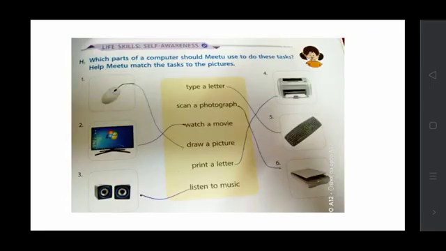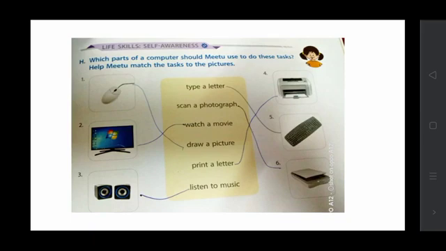See here, the question is like this: which part of a computer should Mitu use to do these tasks? Help Mitu to match the task to the picture.